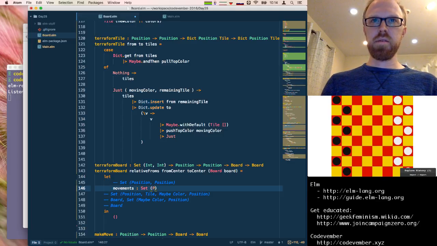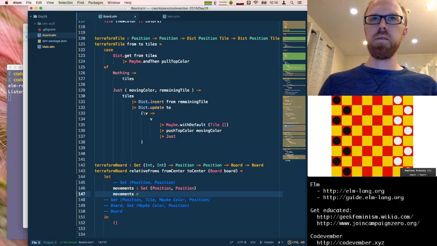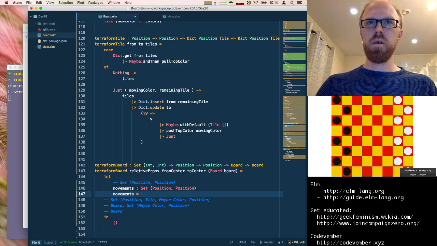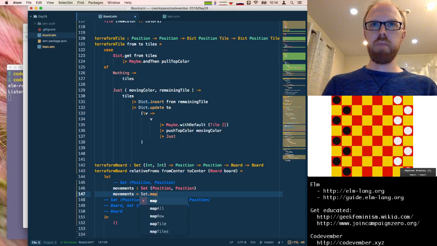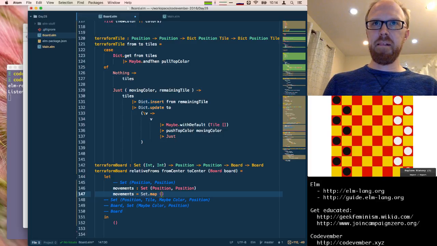This is a set of positions and positions. And this is going to equal, essentially we're just going to map over this. So is there a set dot map? And we're going to get a